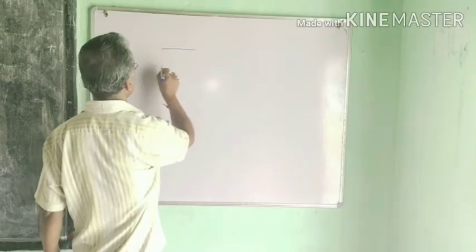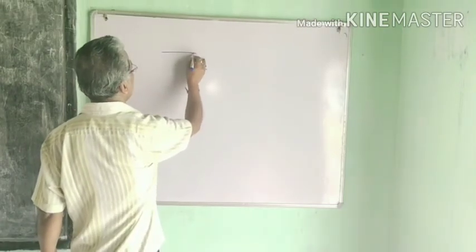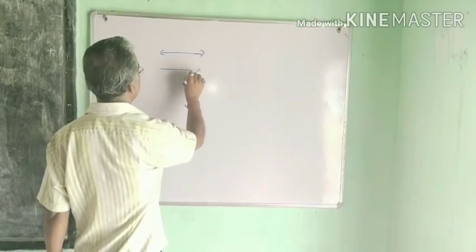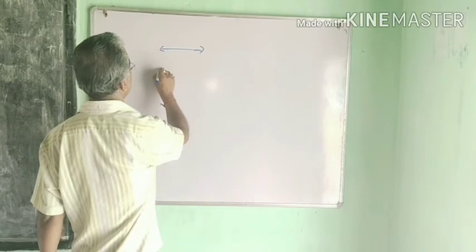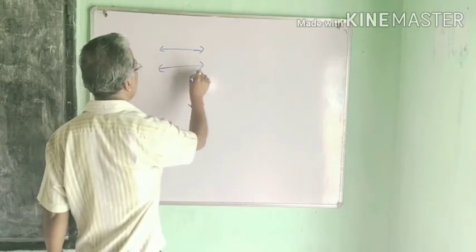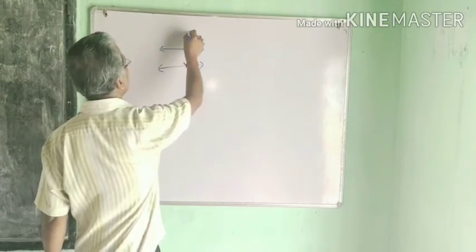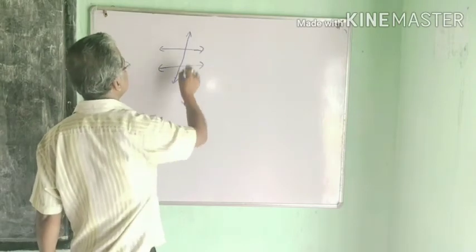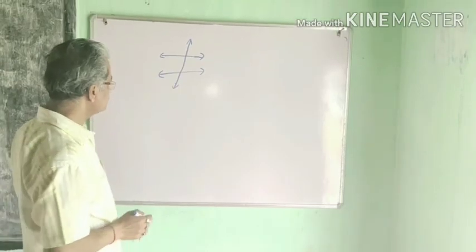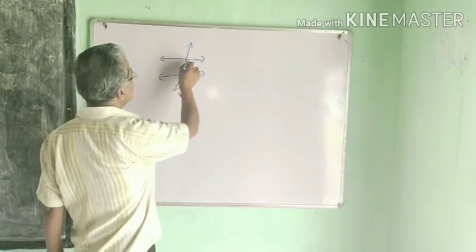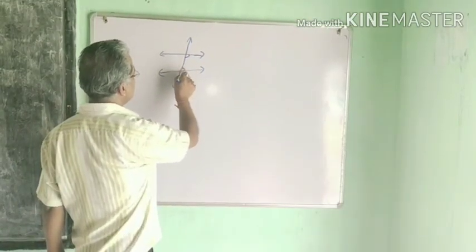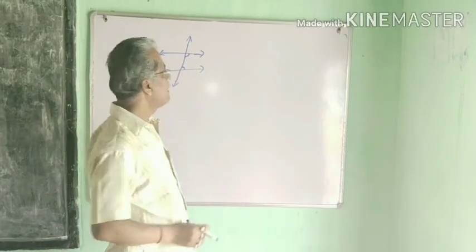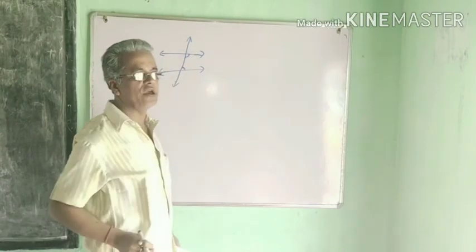Suppose here is a line, here is another straight line, and another line falls on these two. Now, if the interior, suppose these two are the interiors, sum is less than 2 right angles,